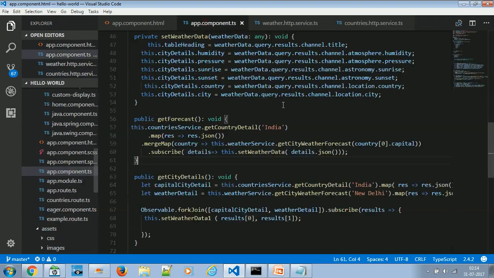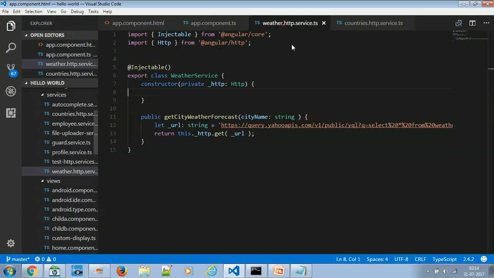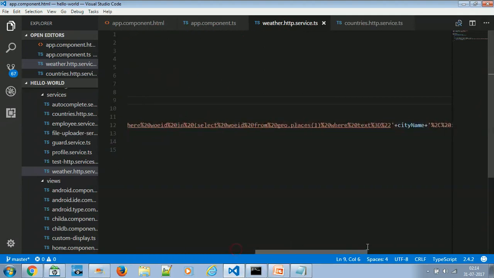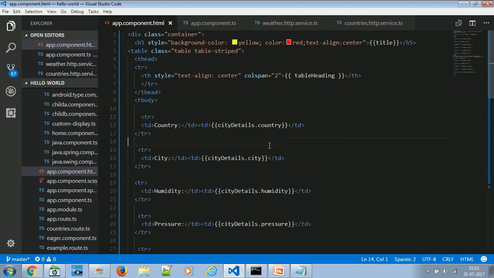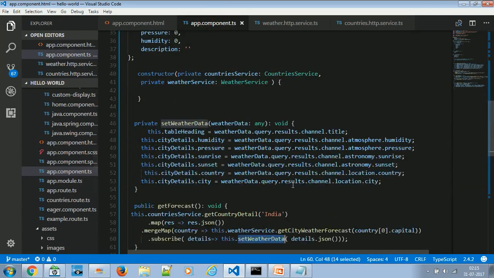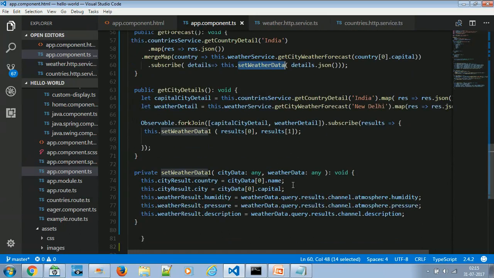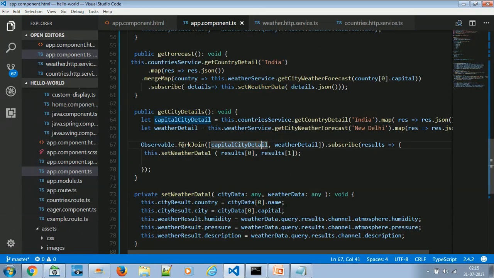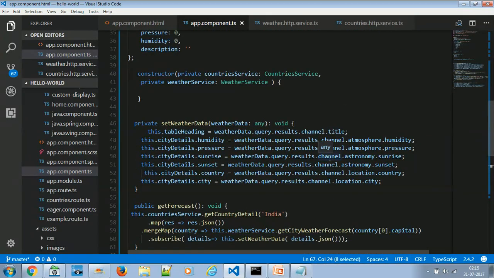From that response I am collecting the country's capital, and this capital again I am passing to the weather API service. The weather API service will take that capital city name and return the humidity, temperature, etc., all the details of this city. Finally that response is being bound into the HTML. We have seen two different demos. The first part is the sequential triggering of the service, and the second part is the parallel triggering. In parallel we use forkJoin, in sequential we use mergeMap or flatMap, whatever you call it.